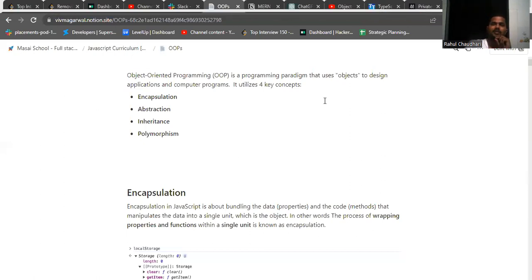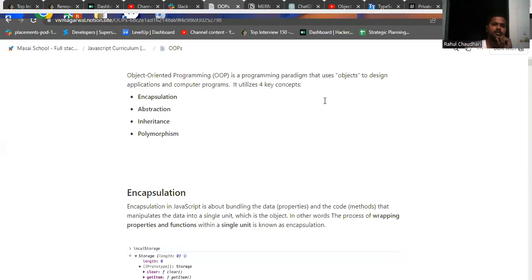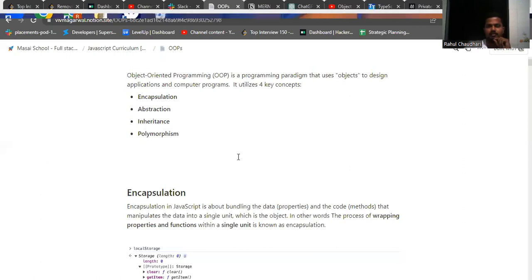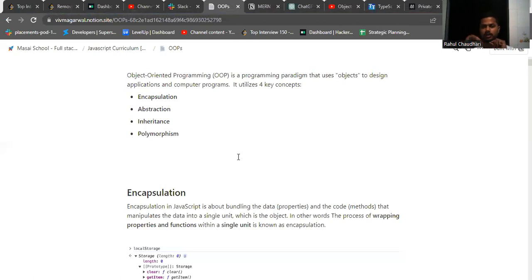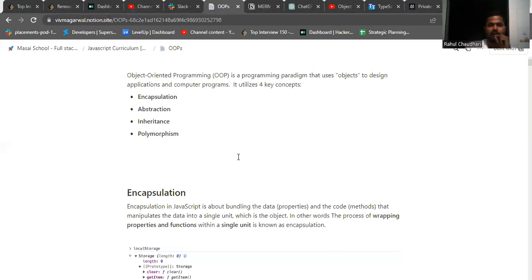It's nothing but an overall approach that we use to design, right? Basically, the programming style that uses objects to design applications and computer programs. Right? Basically, JavaScript doesn't have OOPS